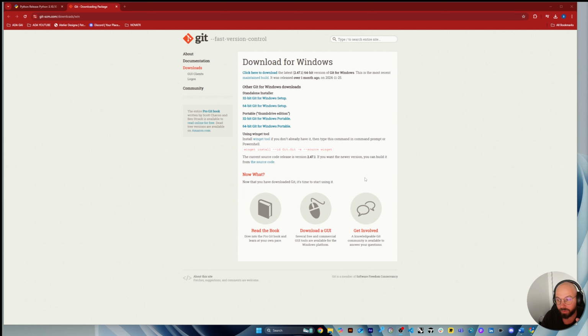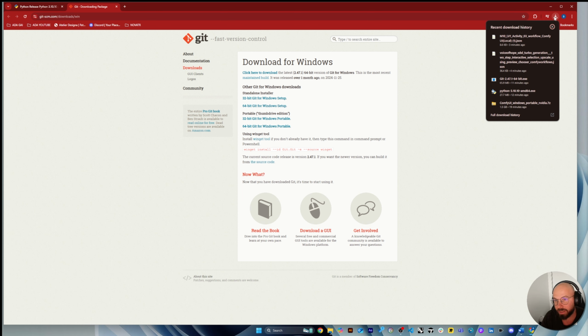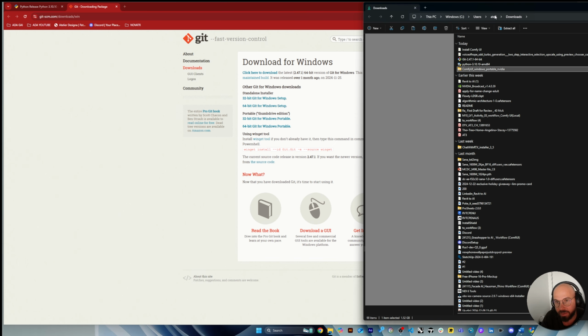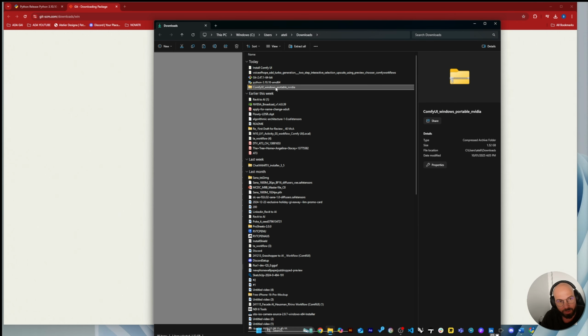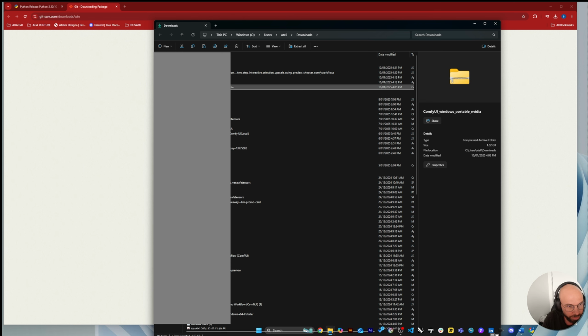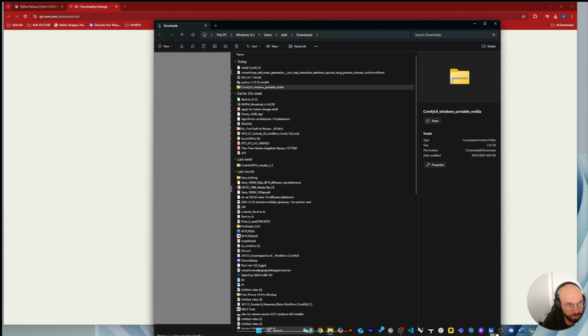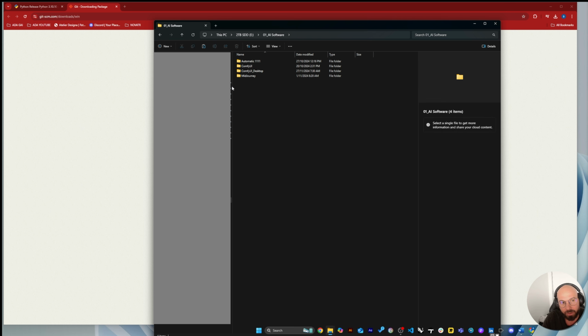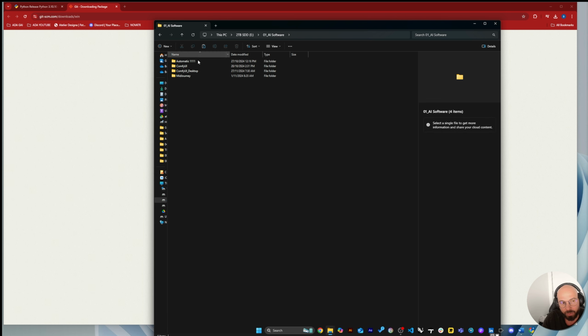All right, now that you have Git and Python installed, the last step is to install ComfyUI. As you can see, it's about 1.5 gig. What I like to do is copy this folder. I have a full SSD dedicated to AI, and under AI I have my ComfyUI, Automatic 1111, and a couple of other things. Midjourney is not there, that's only the output of the images, but this is where my ComfyUI is. So I just paste my